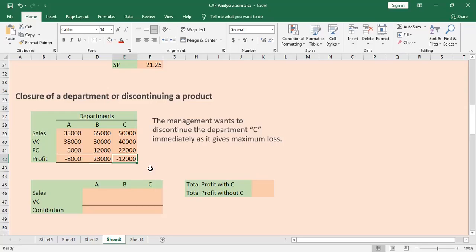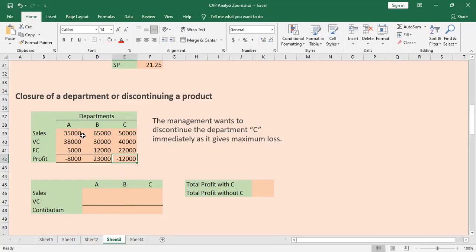But for us, based on this break-even point analysis, we know we should never make a decision blindly without doing calculations. So first what we can do is the calculation for each and every department and see what is the contribution of each department. Because as I mentioned earlier, contribution is actually the key or the central element when it comes to the CVP analysis. So let me do that.